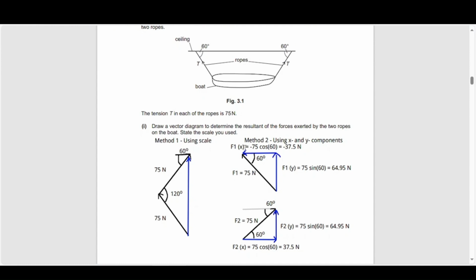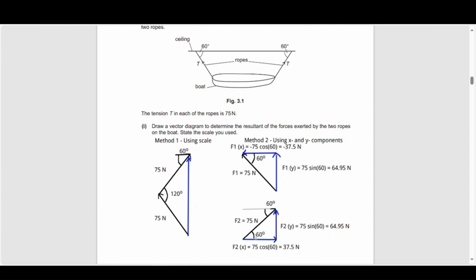And F1x would essentially be using cos theta, because it's going to be cos 60 equals the adjacent divided by the hypotenuse, which means adjacent is going to be cos 60 multiplied by the hypotenuse, which is what I've done, and that gives me a value of 37.5 newtons. Again, sticking to convention, I've said that left to right is positive and right to left is negative. Here we have the arrow going from right to left, so essentially that's given a negative